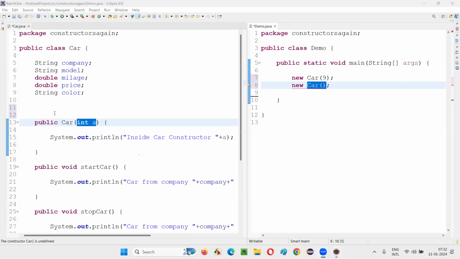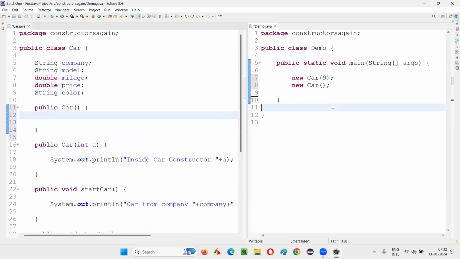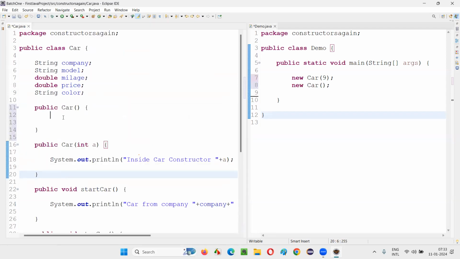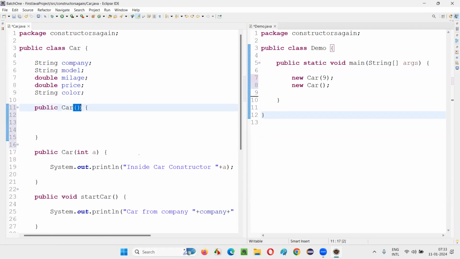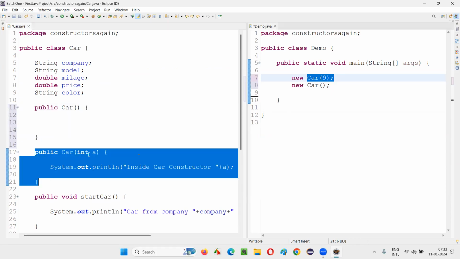Yeah, everyone is saying parameters are not there, so you have to pass an argument here. Is there any other way I can overcome this error? One more constructor we can create, this time without parameters. Now is the error gone? Just like you can have any number of methods, you can also have any number of constructors. This constructor doesn't have any parameter, so this constructor calling statement is able to call it. The other constructor has a parameter, so it can be called with an argument.